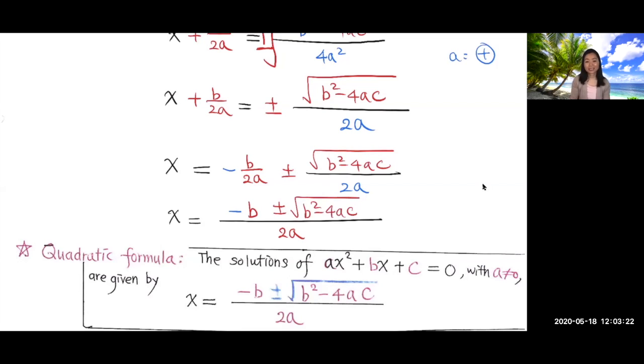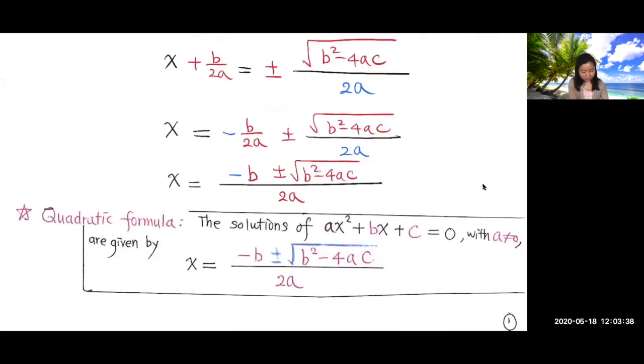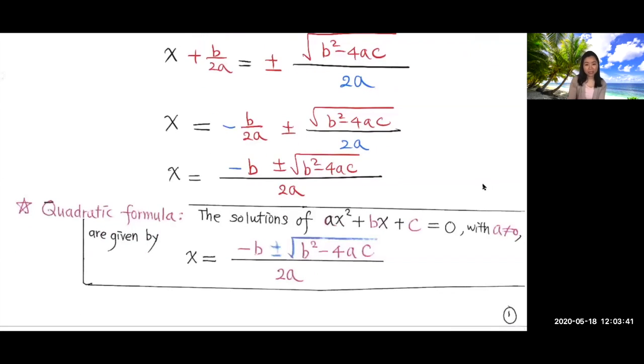Wow. Okay. Give yourself a pat on the shoulder. You guys did a good job. You guys discovered this quadratic formula. Very nice. You guys are geniuses. So this quadratic formula is a formula that will give you the solution for any quadratic equation, with a not equal to 0. Okay. So x is equal to